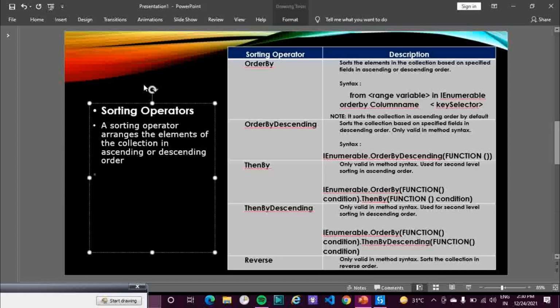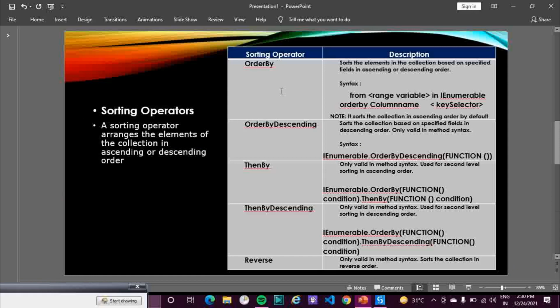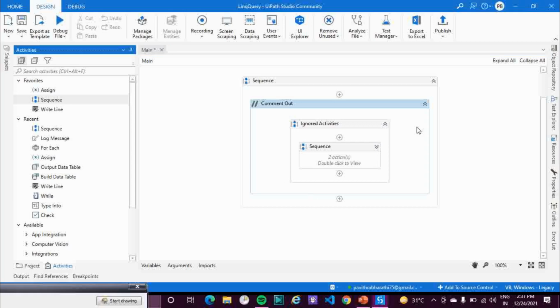Now let's go for the sort operators. Basically, you have five sort operators: order by, order by descending, then by, then by descending, and reverse. Order by is used in both cases, that is LINQ query and LINQ method. However, order by descending, then by, then by descending, and reverse are only used in the LINQ method syntax. To understand order by,